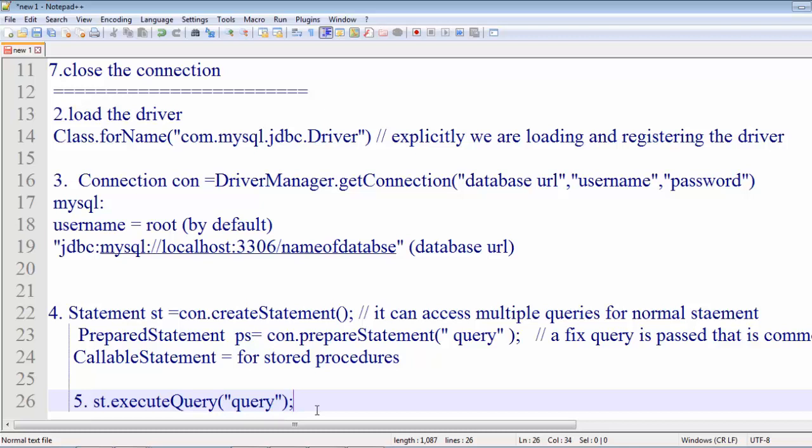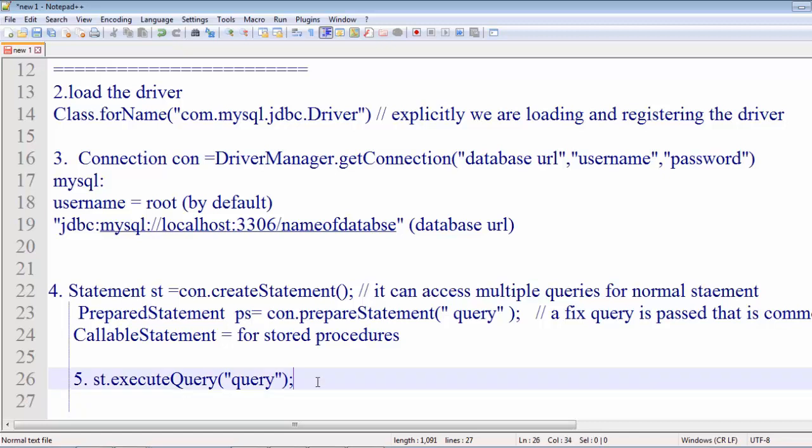There are different methods, such as executeUpdate and the simple execute, but both these methods are not capable of returning a result set. Only the executeQuery method is responsible for returning the result set. And the result set is very important, because if we are not getting it, then how will we display the result on our Java application? So it is very important to use executeQuery.